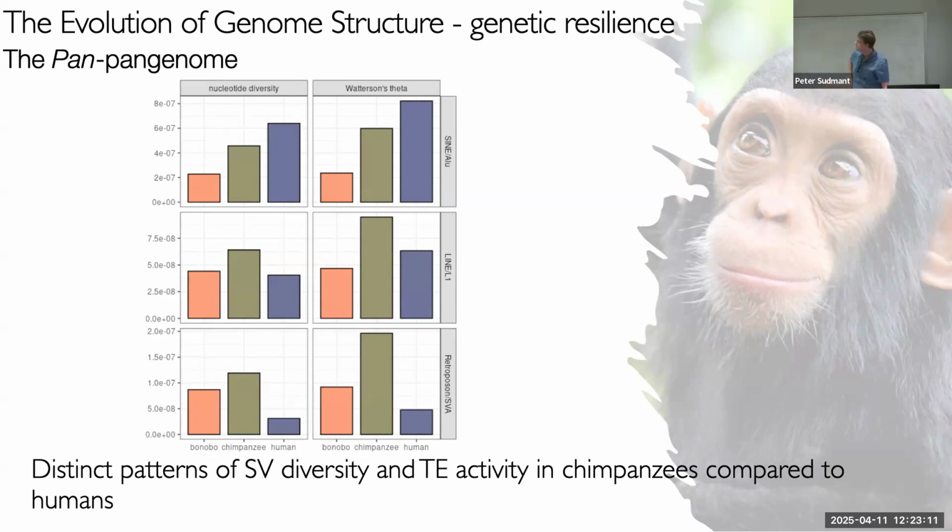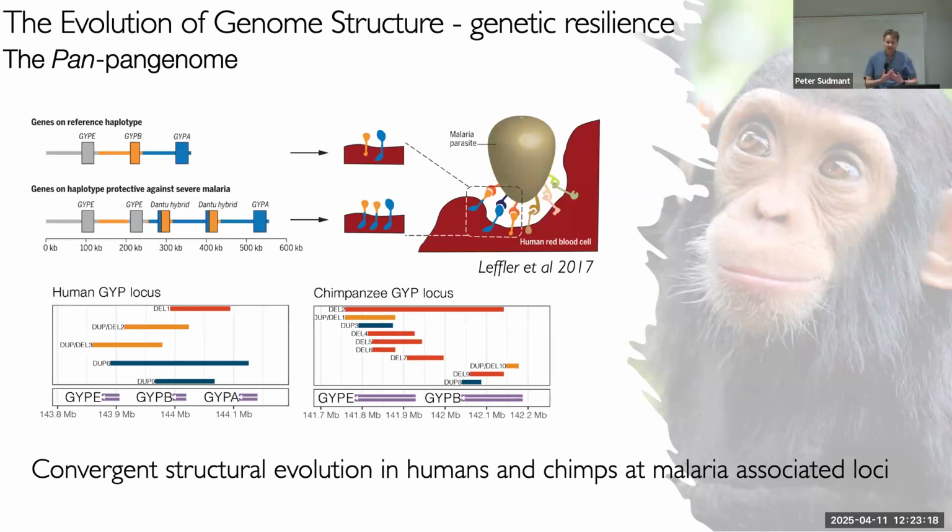So there are other really cool reasons to study chimps. One of them is that our species is susceptible to many of the same insults that chimpanzees are susceptible to. Malaria, of course, has plagued our species for a very long time, and malaria is caused by Plasmodium falciparum. The malaria parasite enters human red blood cells by attaching to these glycophorin cell surface blood receptors. So that's what's being shown right here.